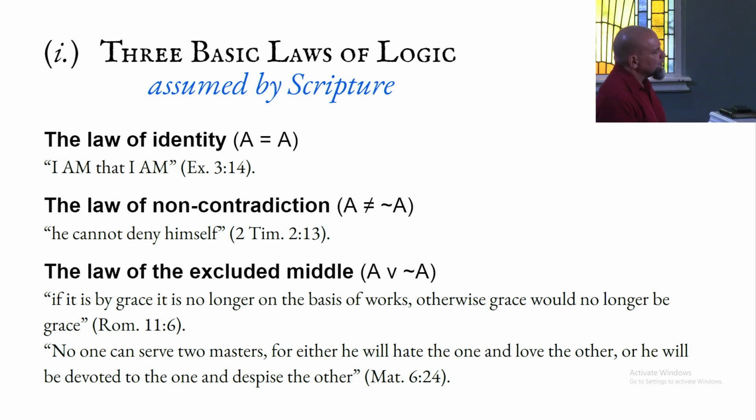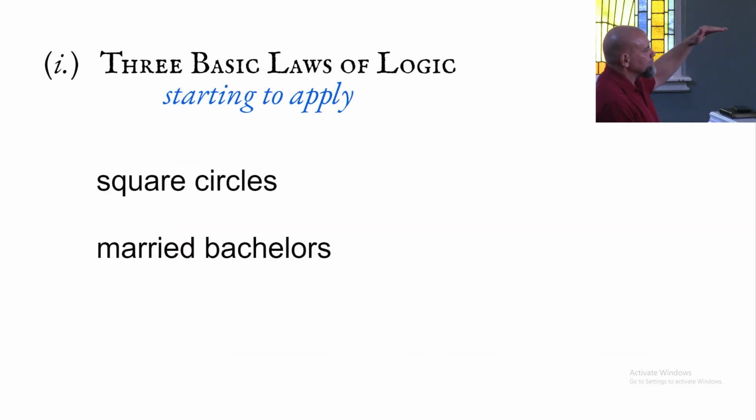Okay? Let's really get simple to start to build this up. Now I'm throwing punches at you, but they're just little jabs. I always start people with these, not even full sentences. Square circles and married bachelors. What's wrong with the picture here? In simple terms, I'll throw it out to you. What's wrong with this? Square circles, married bachelors. You could take both or either one. What's wrong with these pictures?